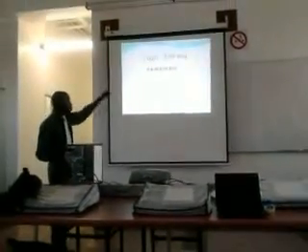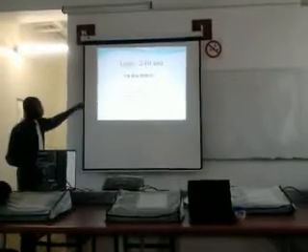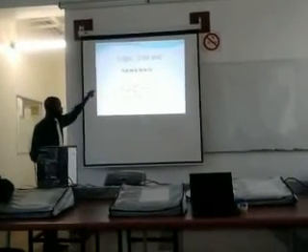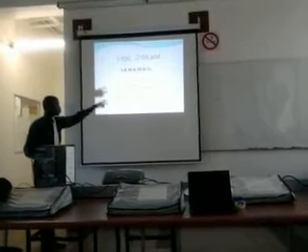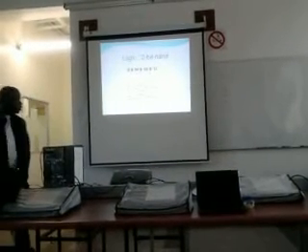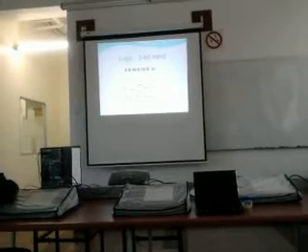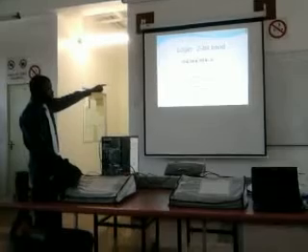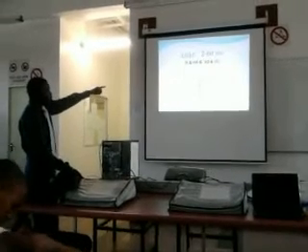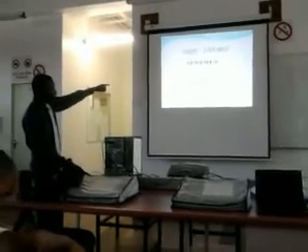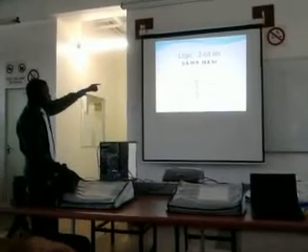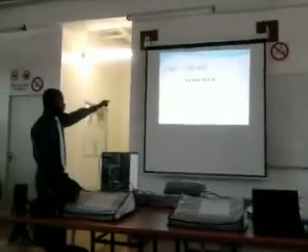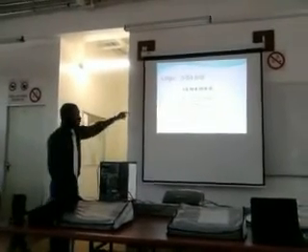The input is 2 bits. You only have 2 bits, which is A and B: A1 and B1, A0 and B0. You get 2 outputs. And these are all the functions that are available when you use it as a logic unit. When size is 2, you can use it either as an AND gate, a NAND gate, an XOR gate, or an OR gate. When S is high, that means the size changes, and the number of gates increases.